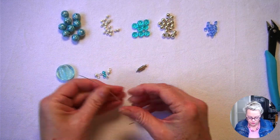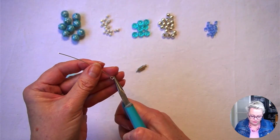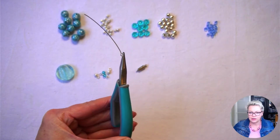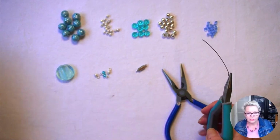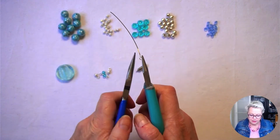And I'm going to open my loop, actually I'm going to use both pairs of chain nose pliers for this, because I don't want to destroy my loop. I've got little bits of wire everywhere. So to do that, I'm going to hold it on one side with one pair and one side with the other,